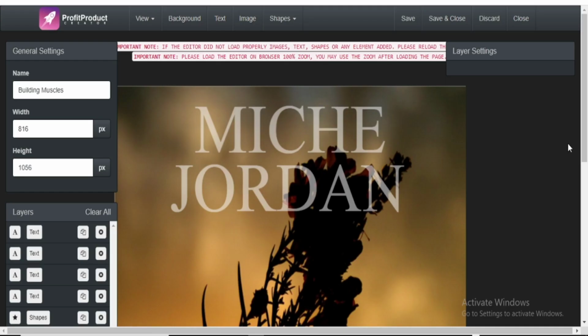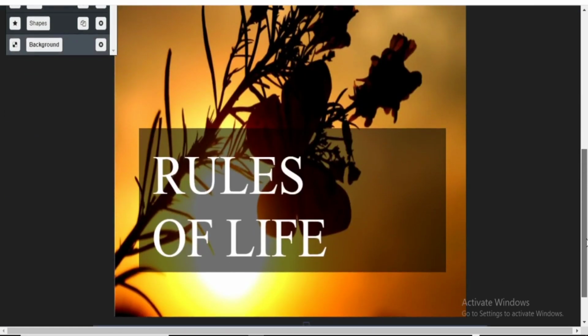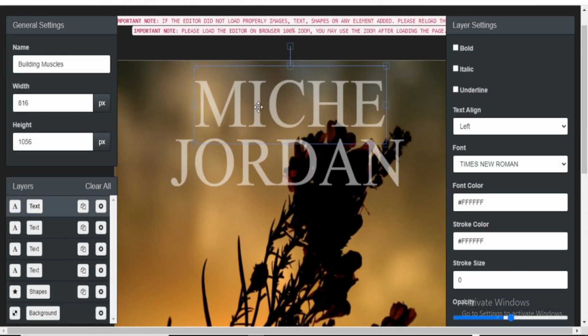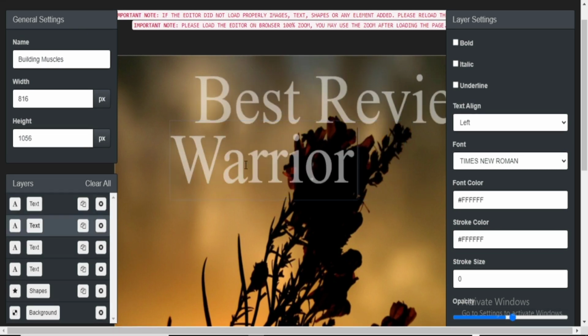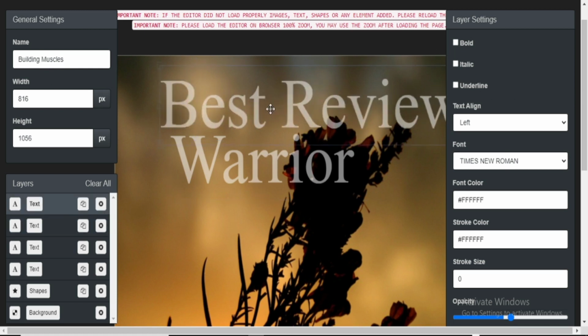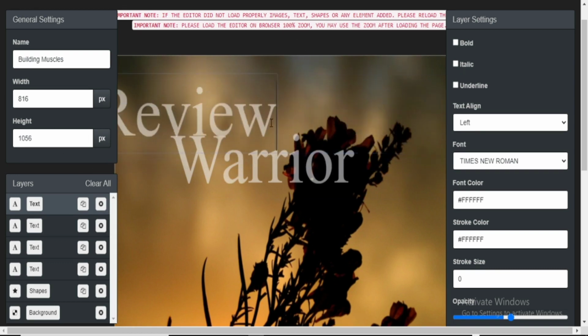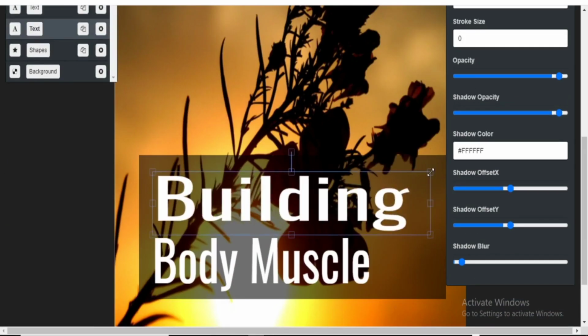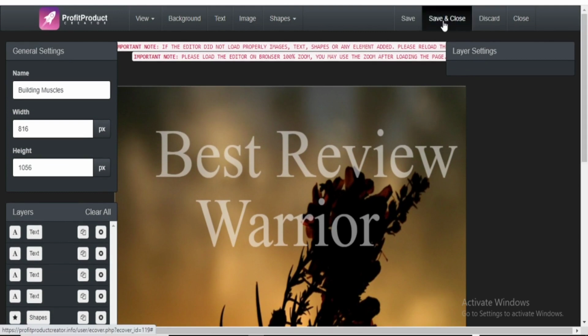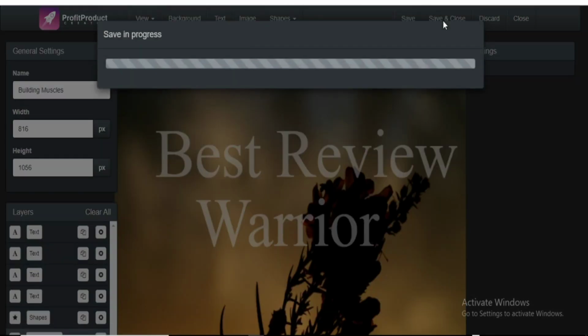Now this is our template, and as you can see, every aspect of this we can easily customize. Here we can play around with all this and easily customize every aspect. Of course, here we can move it around. Once we are done, we can save and close. Of course, you can play around with this to get a better cover page. So our e-cover has been successfully saved.